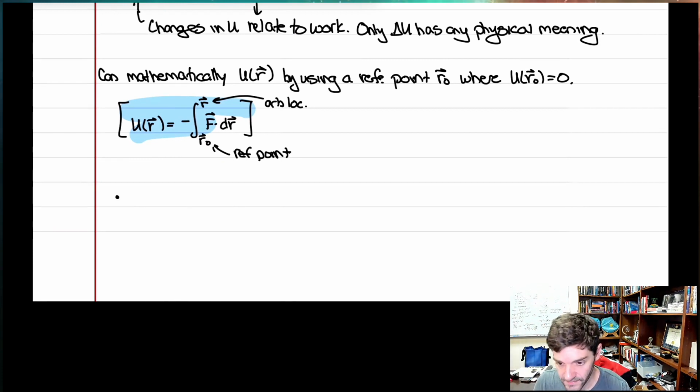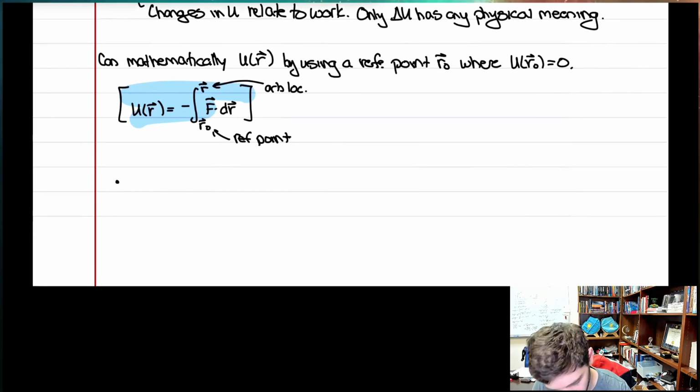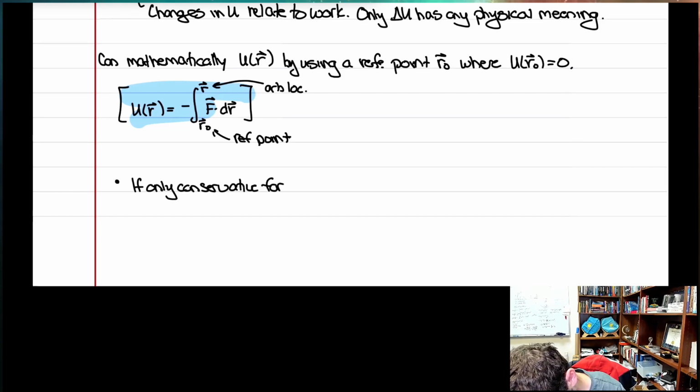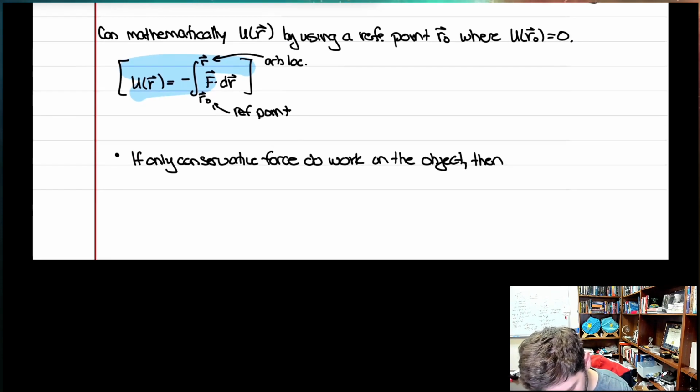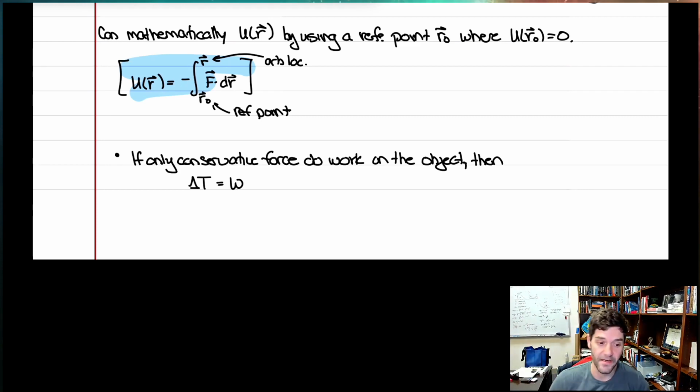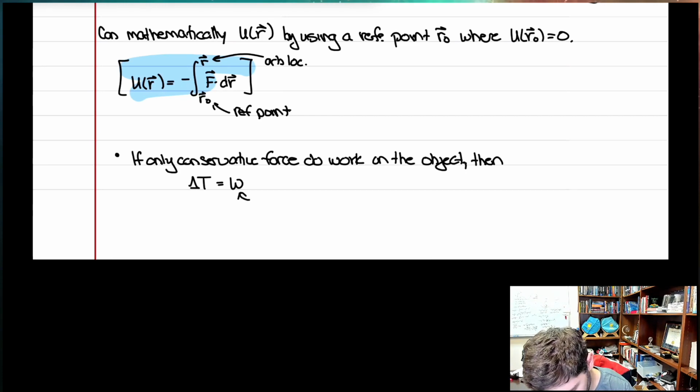An implication of this, the big result, perhaps. If only conservative forces do work on the object, then I can say that the change in kinetic energy for that object, which is equal, of course, to the work that is being done on the object, it's the work energy theorem. But if this is work by a conservative force,